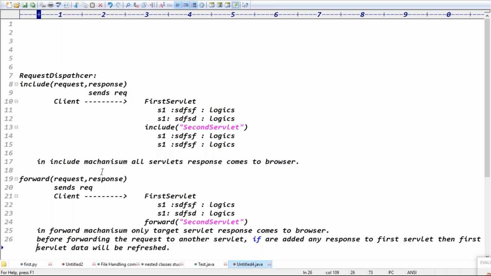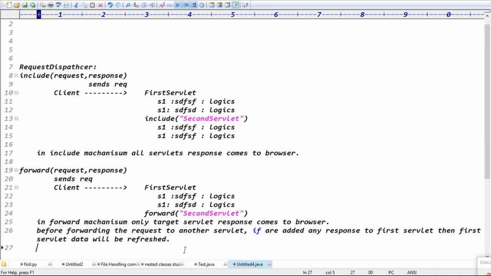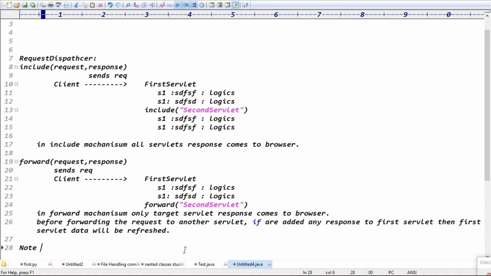Include and forward mechanisms include the resources and forward the resources. Make sure that include and forward mechanisms work only within the same server. If I want to forward a request to the Facebook server, that is not possible. If I want to include data from some other servers, not possible.